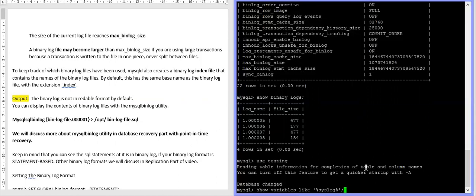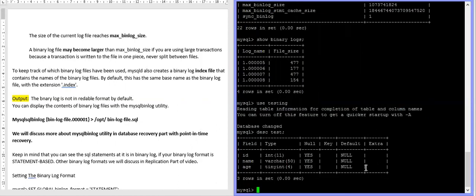Let me recall that. Insert, or let's do it now. DESC test. I have one table.